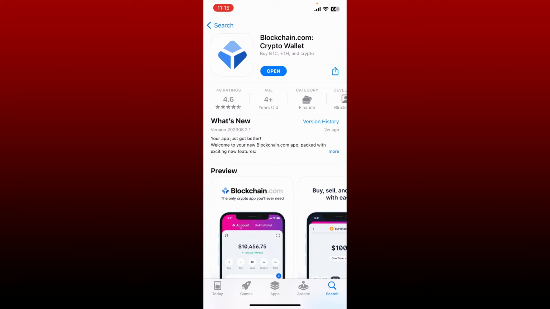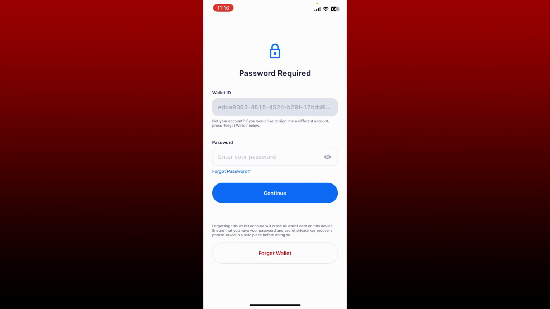Once the application is downloaded and ready for use, tap on the open button to launch the app. And there you have it, you have successfully downloaded the Blockchain Wallet application for your preferred device. Blockchain Wallet is a digital tool or software application which allows individuals to store, manage and interact with their cryptocurrency asset. Now you can simply go ahead and log into your existing wallet or get started by creating a new one